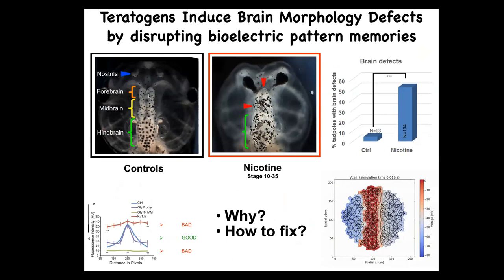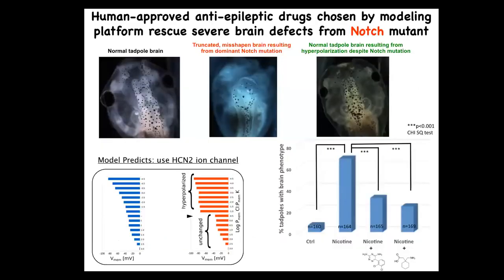This is a normal frog tadpole brain: forebrain, midbrain, hindbrain. There are lots of ways to mess up this process: alcohol exposure, nicotine, mutations. And what we wanted to do was to see if we can now try to repair these complex organs. So what we did was make a bioelectrical model, a computational model of the bioelectrical pattern that normally tells the brain what the size and shape should be. And when you do that, you can interrogate that model for interventions in cases where things go wrong.